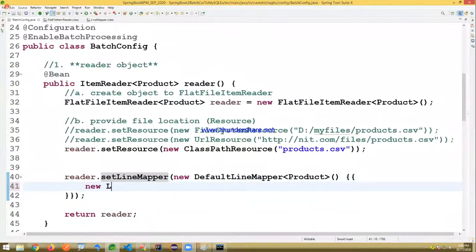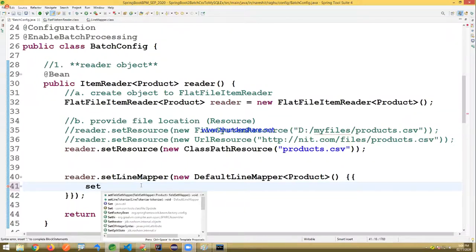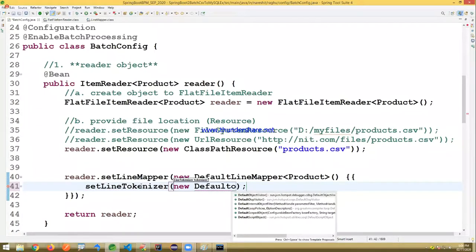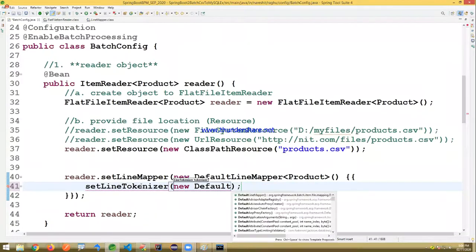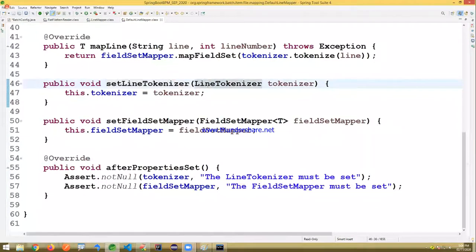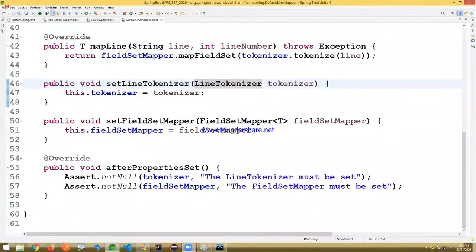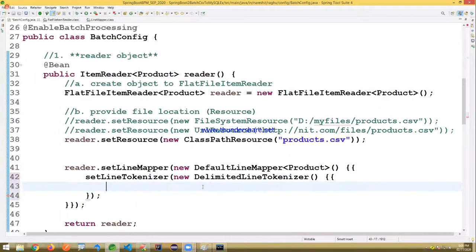There I'm writing set tokenizer, new default tokenizer, new delimited tokenizer, and there, if you want, set delimiter as a comma.